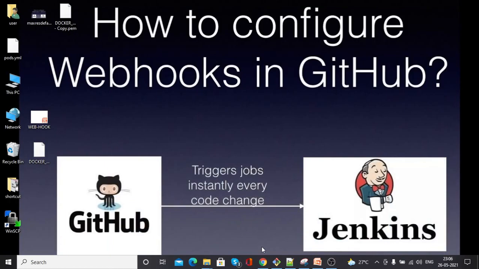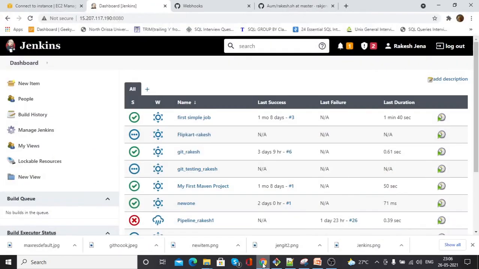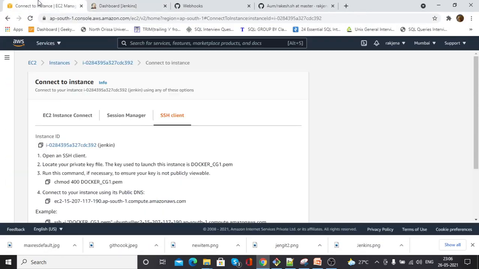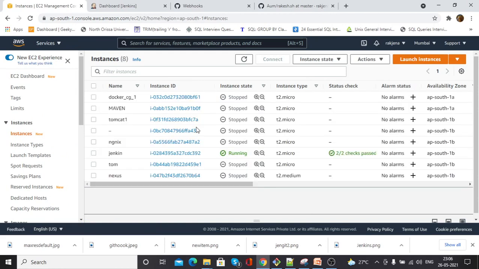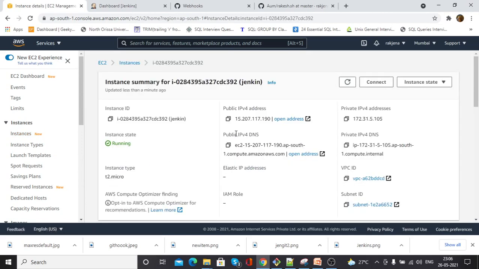Let me log in to the Unix server. For that I have already created an instance in AWS. You can see Jenkins is running, and here the IP is this. I am copying it.